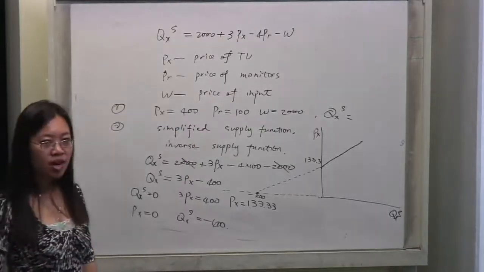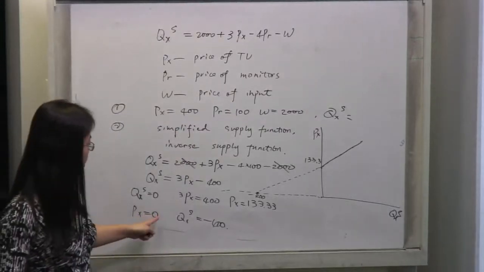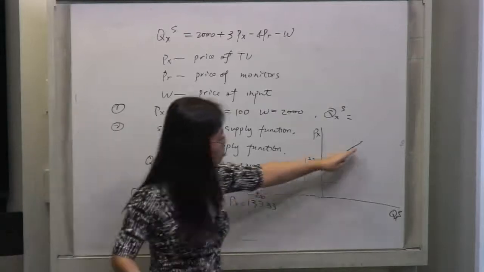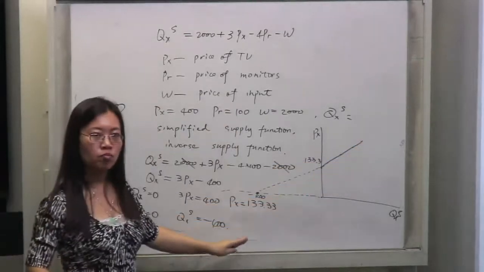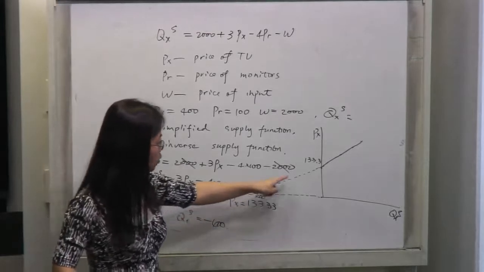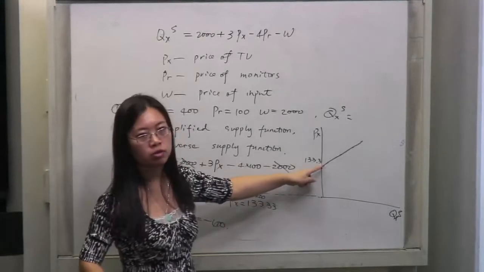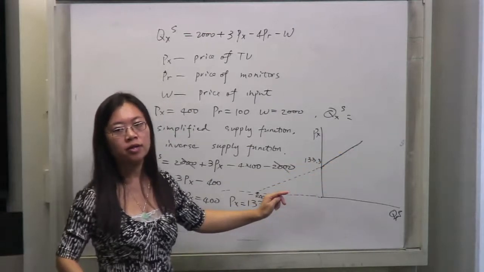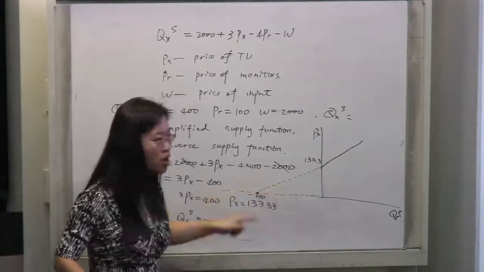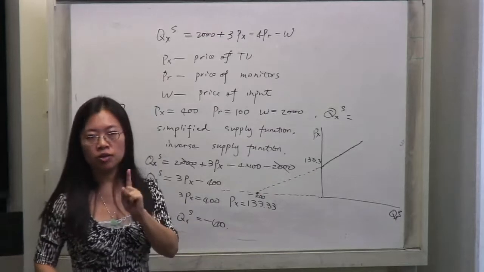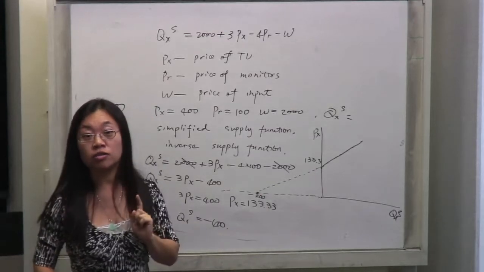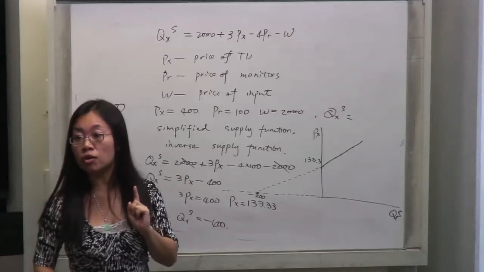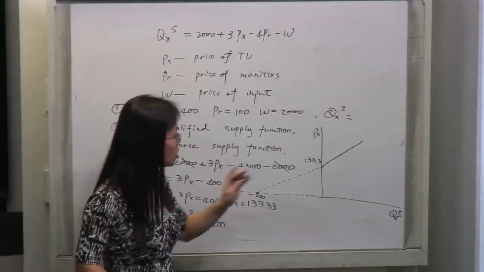So the straight line represented by this simplified supply function is this straight line here. We used this value and this value, these two points, to figure out where this line is located. But does the supply curve include this part? No, because the quantity supplied cannot be negative. You either produce something or you produce nothing, right? You cannot produce a negative number. So the supply curve is only this part.